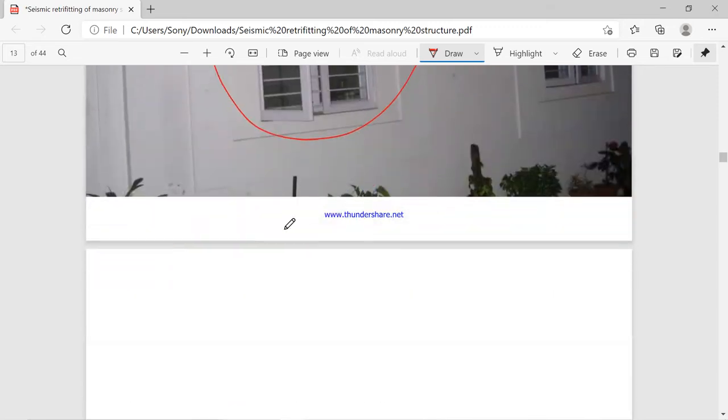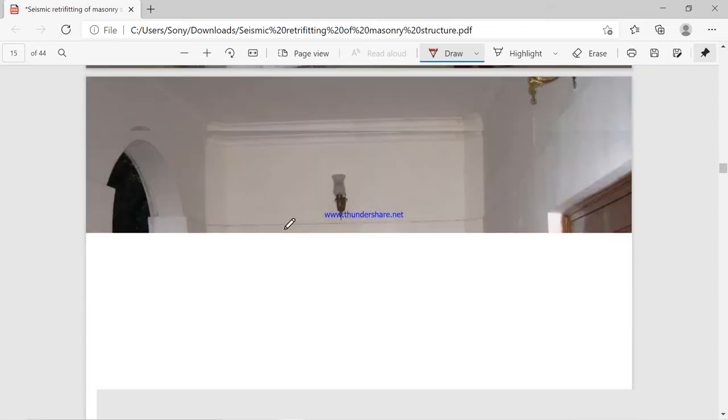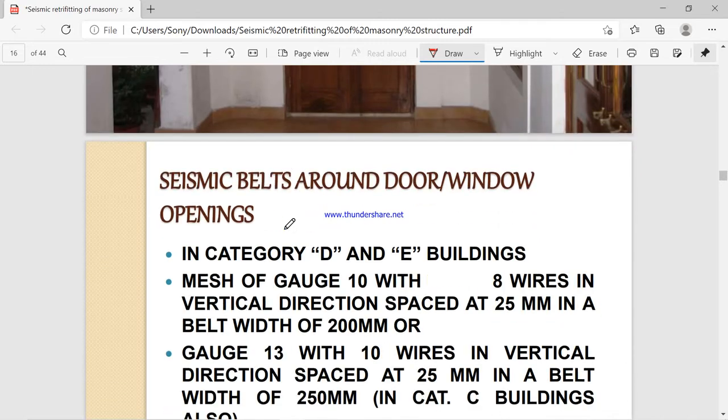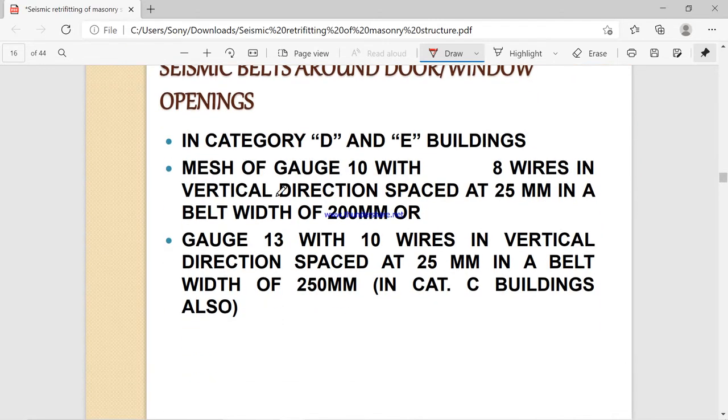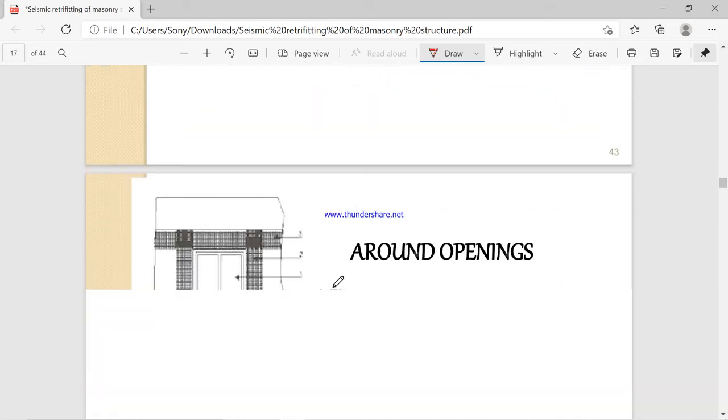It can also be provided at the window lintel. If you see the figure, the photos, then the seismic belt around the door and window. In category D and E buildings, which are well defined in the IS code, a mesh of 10 gauge with 8 wires in the vertical direction spaced at 25 mm in a belt width of 200 mm, or 13 gauge with 10 wires in the vertical direction spaced at 25 mm in a belt width of 250 mm, can also be provided.